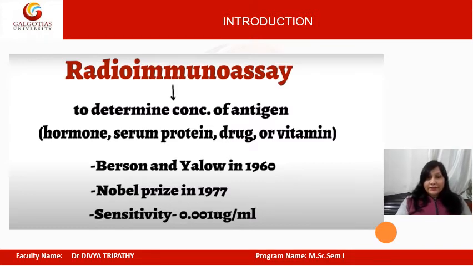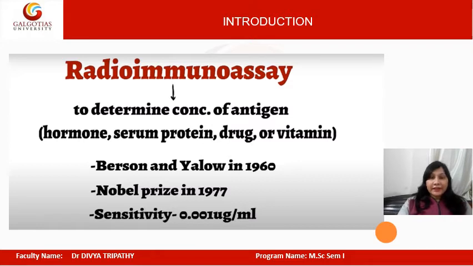The radioimmunoassay, which is the actual topic of this lecture, is the immunoassay that uses radio-labeled molecules in a stepwise formation of immune complexes. The radioimmunoassay is a very sensitive in vitro assay technique that is used to measure concentration of substances. Means it is a quantitative type of assay that usually measures antigen concentration, for example hormone level in blood, by using antibodies. It is a technique that is very sensitive and very specific.